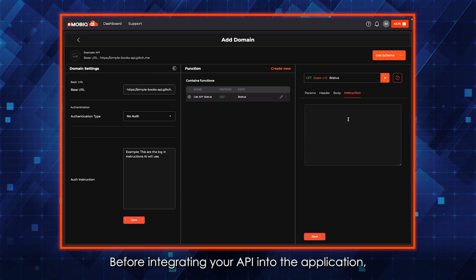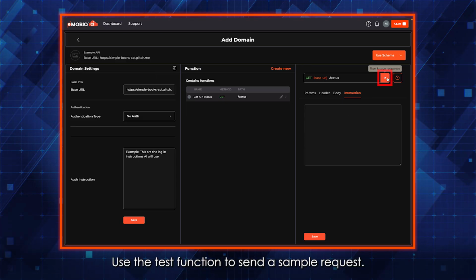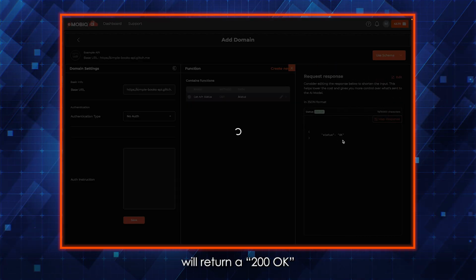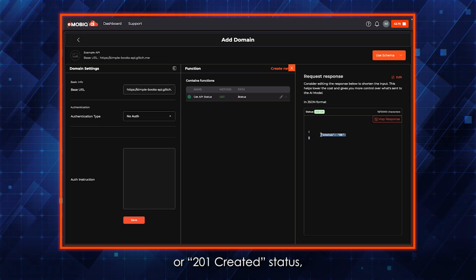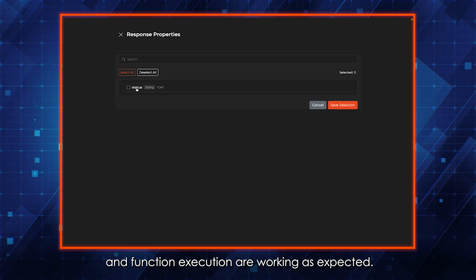Before integrating your API into the application, make sure it's working correctly. Use the test function to send a sample request. A successful test will return a 200 OK or 201 created status, confirming that your connection and function execution are